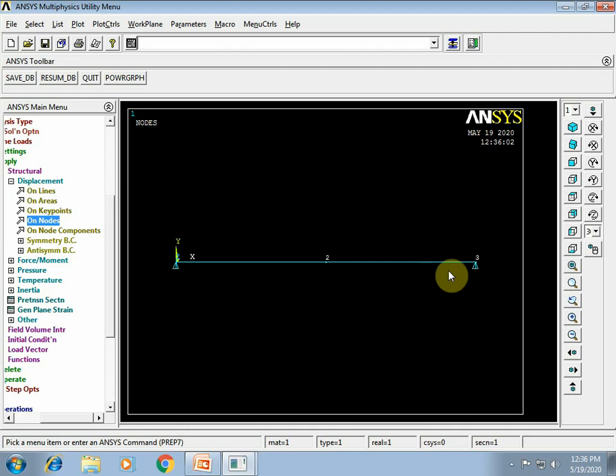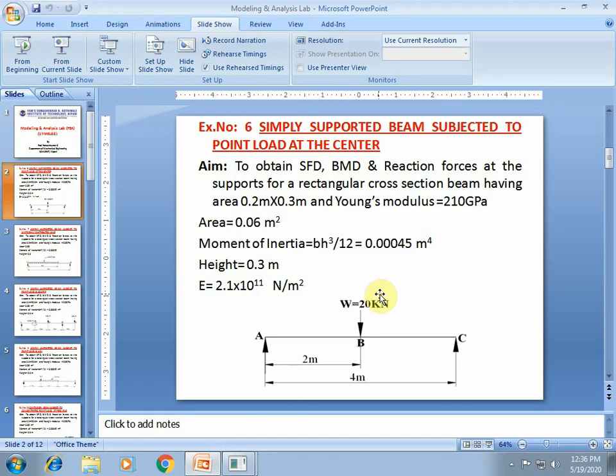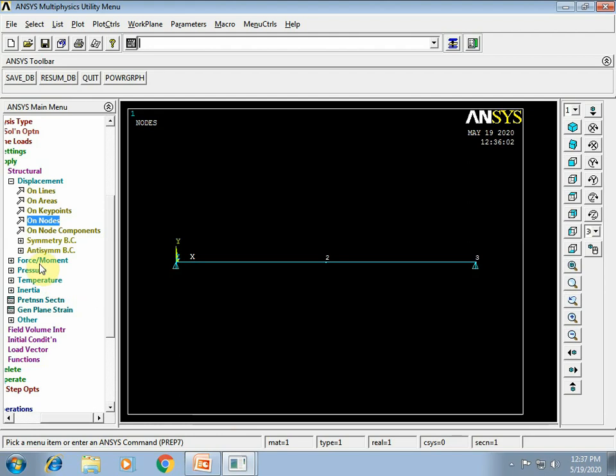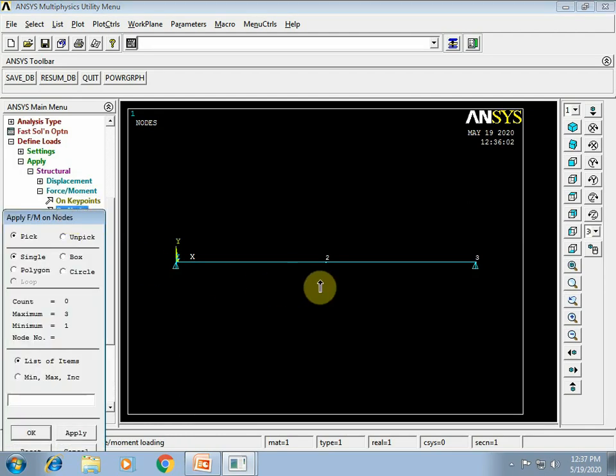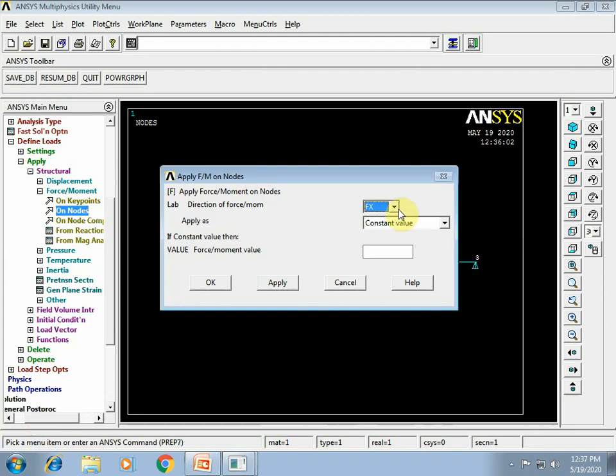So now it is fixed in y direction, and next load is applied at the midpoint, that is node number 2. So force or moment you need to select. Here you need to select on nodes. Pick node number 2, say OK. Now you have options that is Fx, Fy and Mz. You need to select Fy since force is acting in y direction.